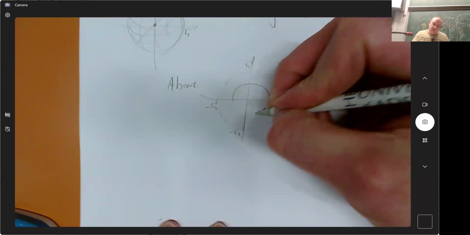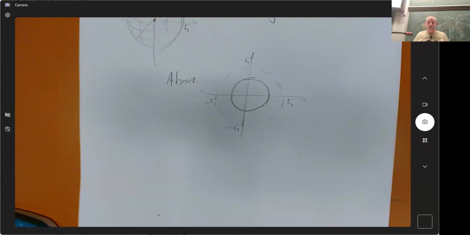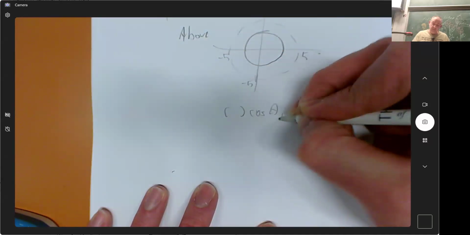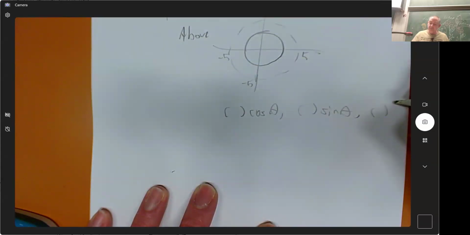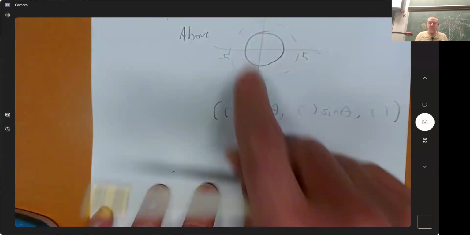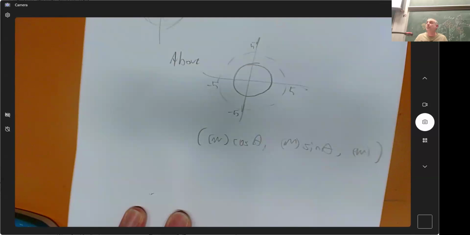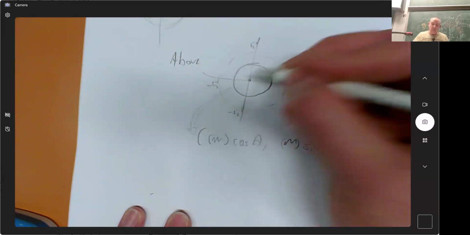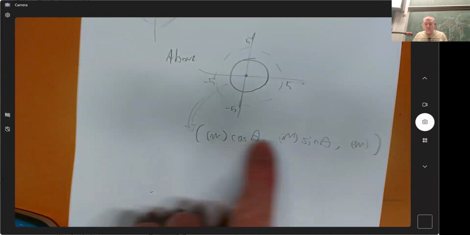And then I've got this circle at a specific height that I'm interested in. For some radius, the points on this circle are going to be something times cos theta and something times sine theta, at some height. I don't know what goes in these spots yet, but I definitely know that's the shape it's going to be. What I need to know is what height it's at and what the radius is.